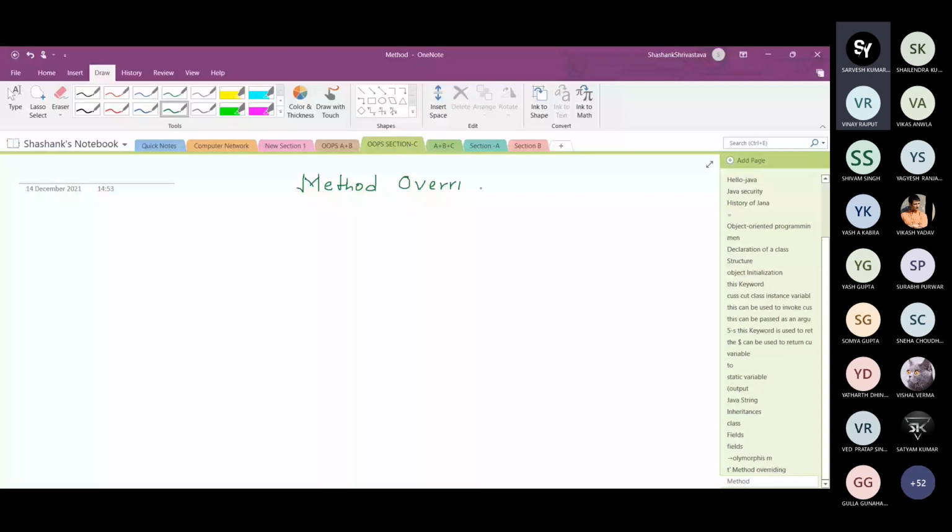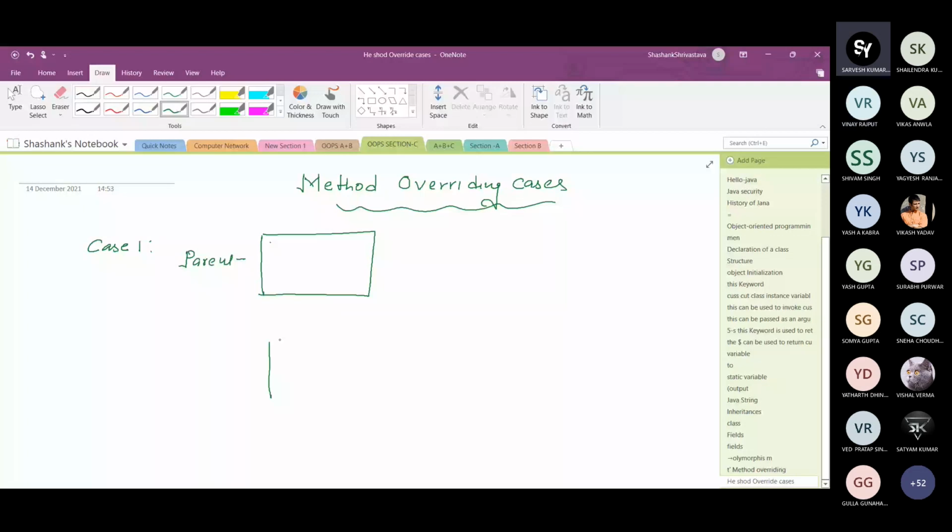The first case is very simple. Suppose this is the parent class and this is the child class. In the parent class there are methods m1, m2 and m3. In the child class there are methods m1 and m4, and this child class extends the parent class.